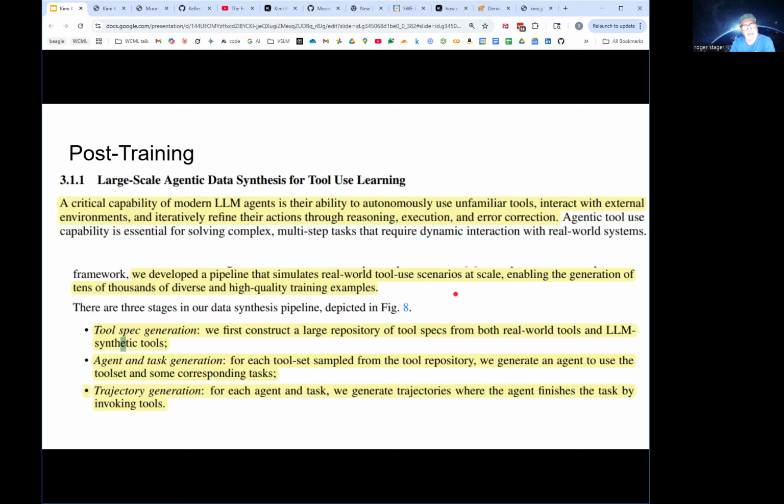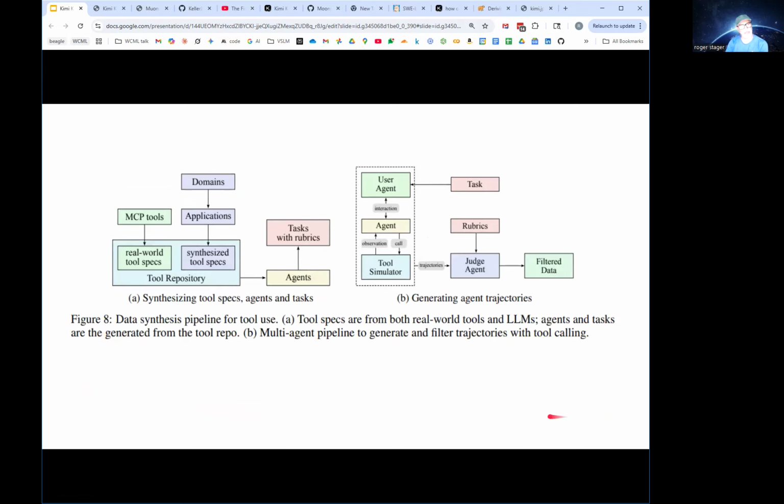But apparently they do the spec generation, assuming with a large language model, and then they define the agent. And then they have another, again I'm assuming large language model, doing the trajectory generation, like was the tool used effectively. This was the picture that they had. So this one, I think they said that they scanned GitHub. They got 3,000 MCP tool definitions there. So they pulled those in as part of it.